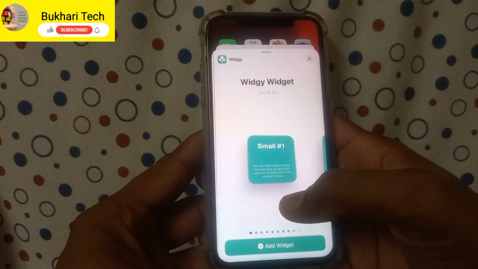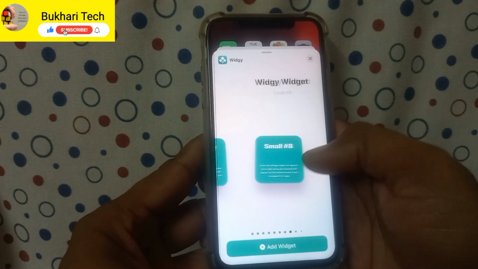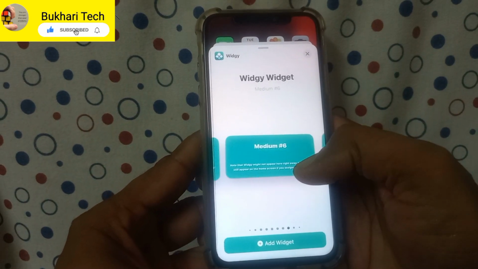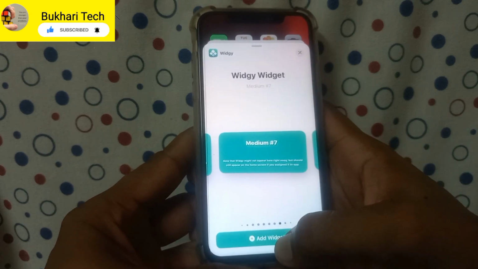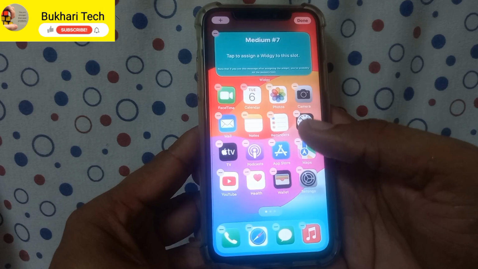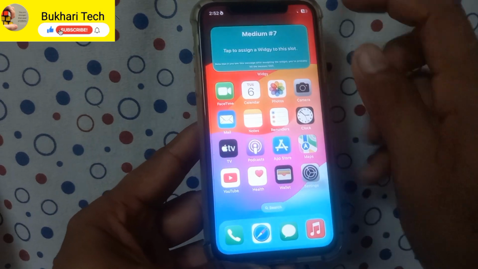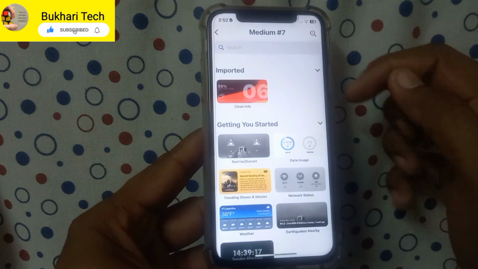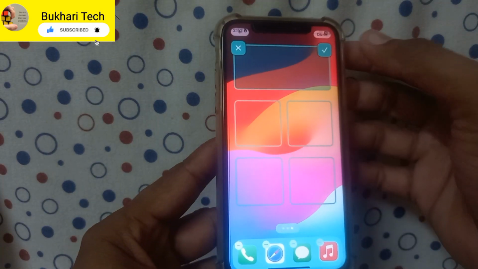Tap on VG, select your size, tap on medium and add widgets. You can see now the widget is available. Now tap on the screen and tap on the widget